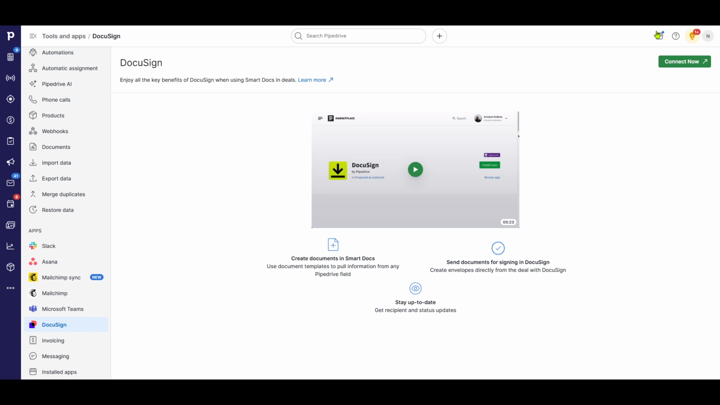your app space. And there you have it. You've successfully removed Docusign from your Pipedrive CRM. By managing these integrations, you not only keep your CRM optimized, but also ensure you're only using the tools that